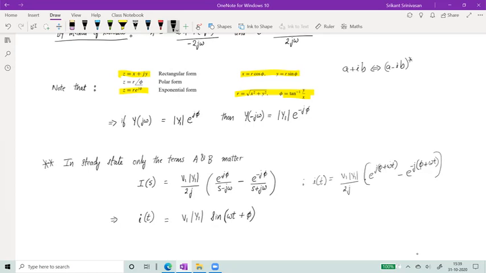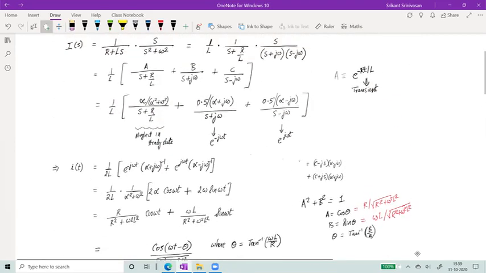Now you can quickly see, right, what's going on. So basically this is e power jx minus e power minus jx, so that's like 2j sine x, right? So the 2j and the 2j will cancel out, and I'm left with sine of omega t plus phi. So what I have proved here basically is that no matter what is the transfer function, that means no matter what is the circuit you have inside, right? What is the transfer function? The admittance function.